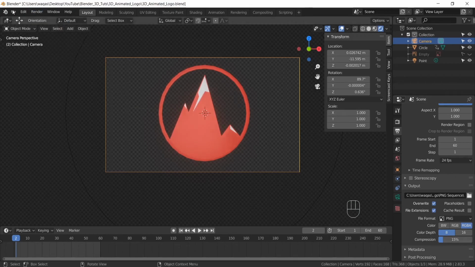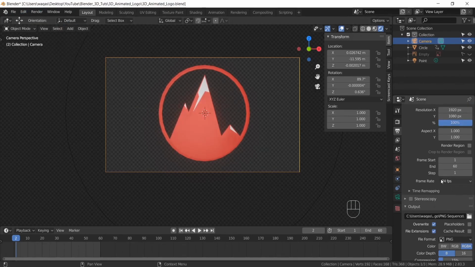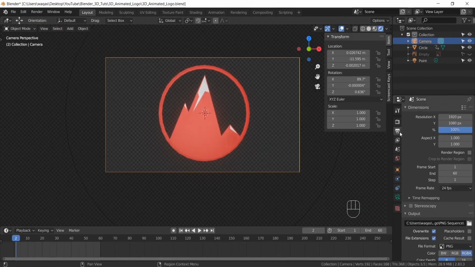Just before you do that, I just want to mention one more thing. You can see in the render output properties, it says what is the frame start, that is 1 for us, and what is the frame end, that's 60. So make sure it's exactly the same. It would actually be the same, because you can see when I change here, it changes here automatically as well. But still, just make sure you're having the right frames. And now if you press render and render animation,